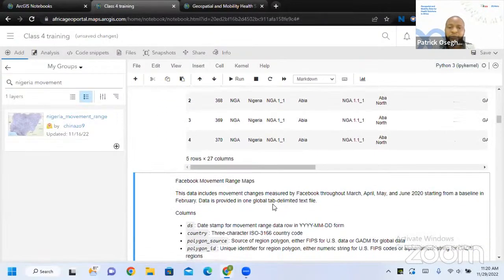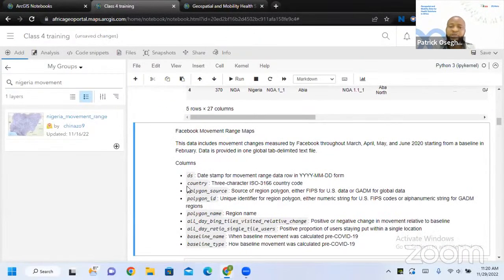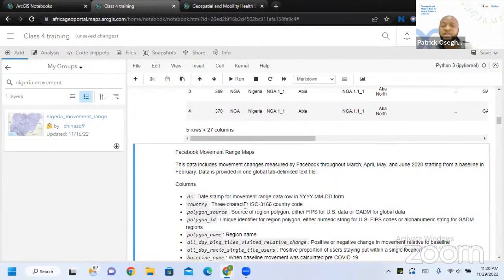So now I just want to do a brief explanation. The DX is the date stamp, which is formatted in this way, and the country is just an ISO series code for each country. But we've been able to structure this data per country, the 4 countries we are working with.